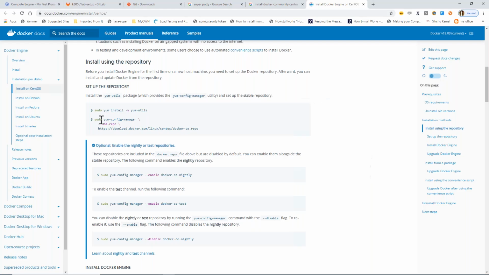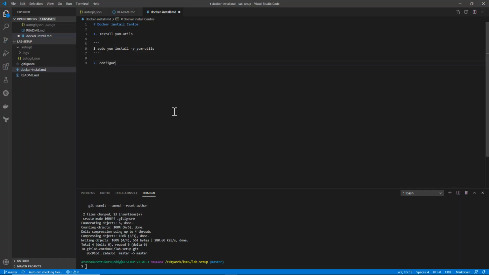And then the next step is yum-config-manager. So run this command. Whoever has Linux knowledge may understand this well. Okay, so let's run this step.